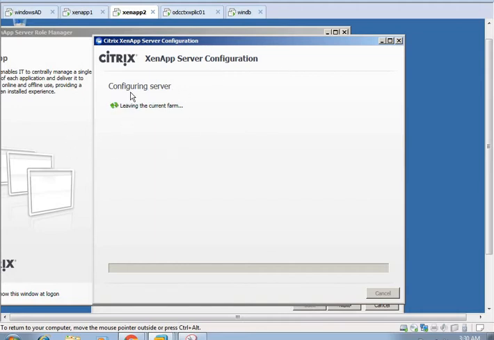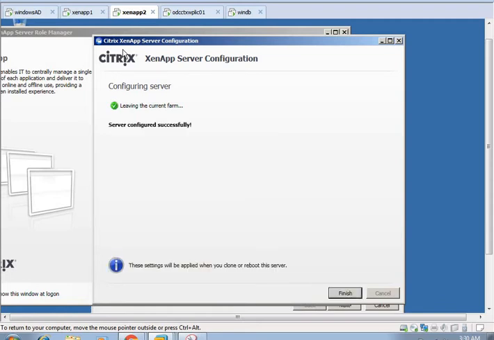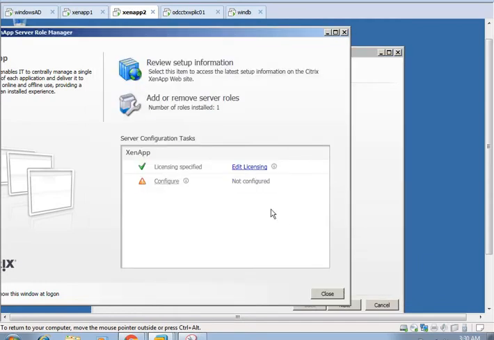So I'm removing this first. In case you get any ticket related to a Citrix server, like you need to decommission a Citrix server, or you want to remove or install a fresh XenApp in the environment, in that case you always remove XenApp from the Server Role Manager console.